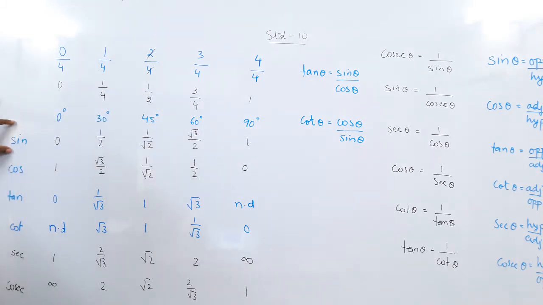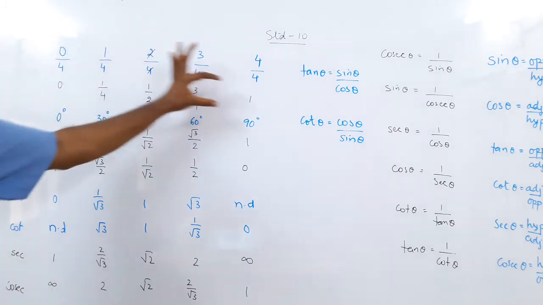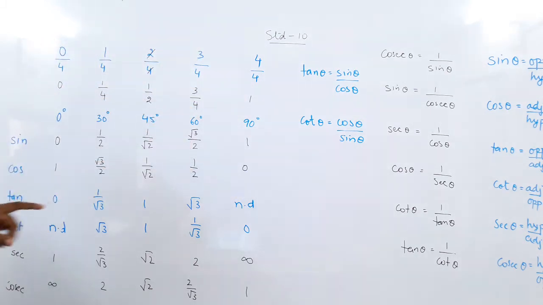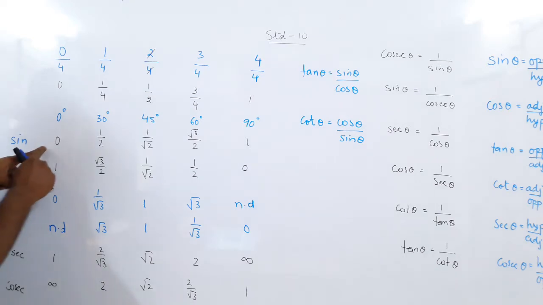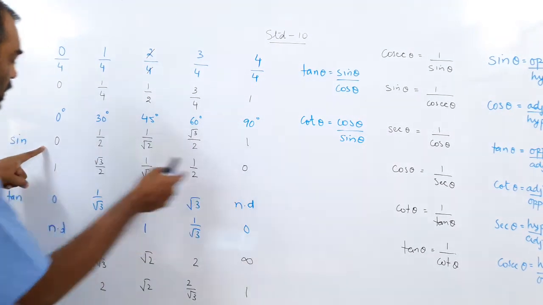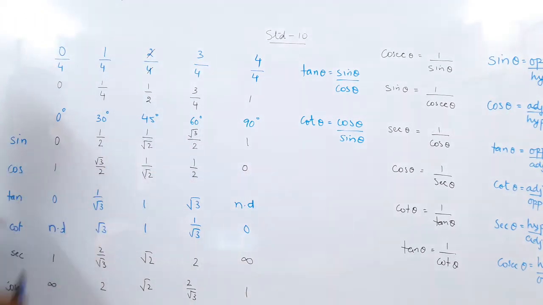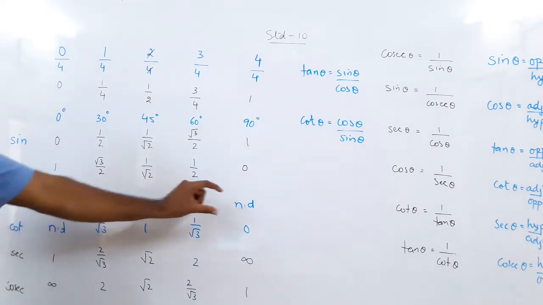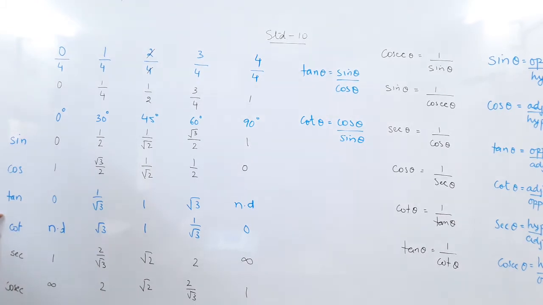So how do I find the sine? Sine is the square root of the simplified term. The square root gives me sine. And how do I get cos? Sine is increasing, so cos is decreasing, so I write this in the reverse order. How do I find tan? Sin upon cos gives me tan. So I wrote the tan, sin upon cos. How do I get the cot?